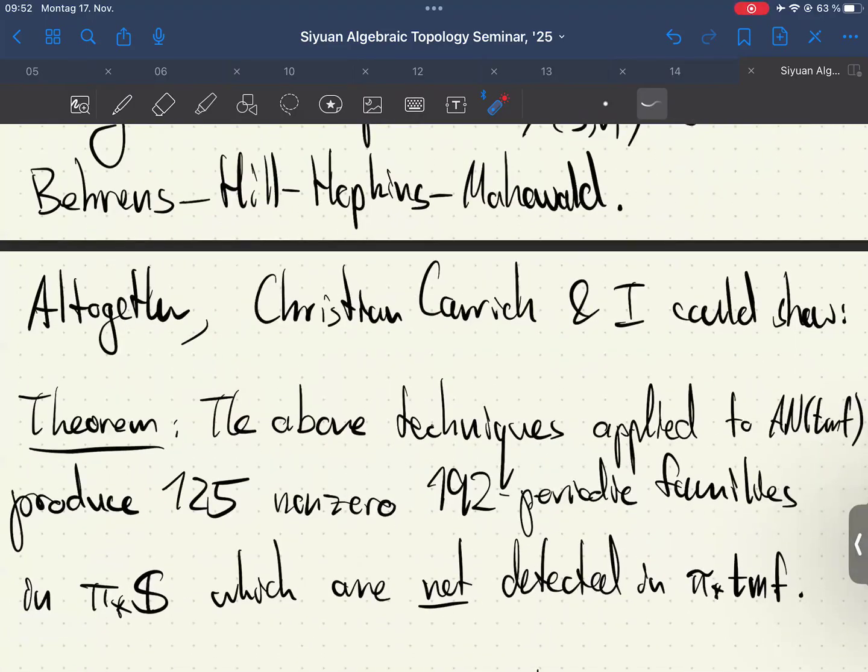So I'll just read it out loud. The above techniques applied to the Adams-Novikov spectral sequence for TMF produce 125 non-zero periodic families in the stable homotopy groups of spheres, which all vanish in the homotopy groups of TMF. And I like this number because it's big, but it's somehow not super important. I mean, if it was 20 or 600, I would still write the theorem down in exactly the same way. It's just the number that we found when we were checking the spectral sequence page by page very carefully,